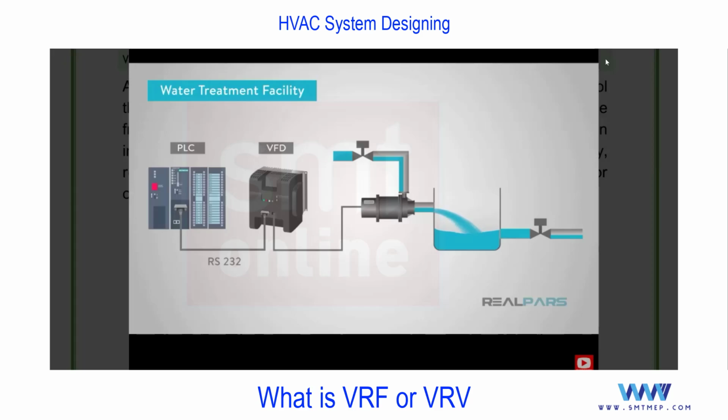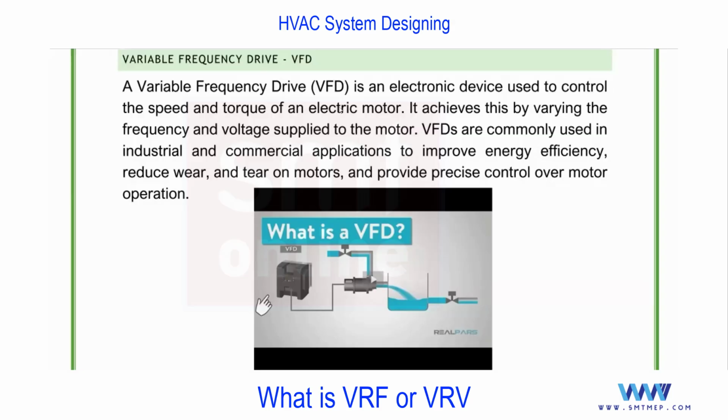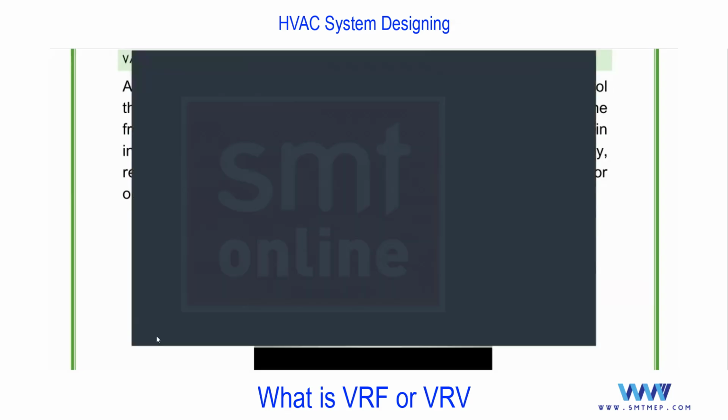VFDs are used throughout industry. A common example is to regulate water flow entering a water treatment plant. VFDs allow the operator to control the flow of the pump manually or automatically with a PLC. There are many different brands and features available. If you're looking at using a VFD,